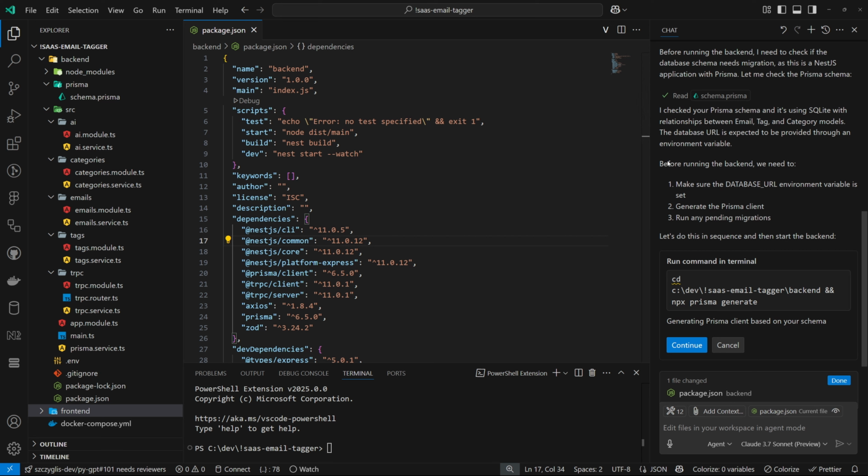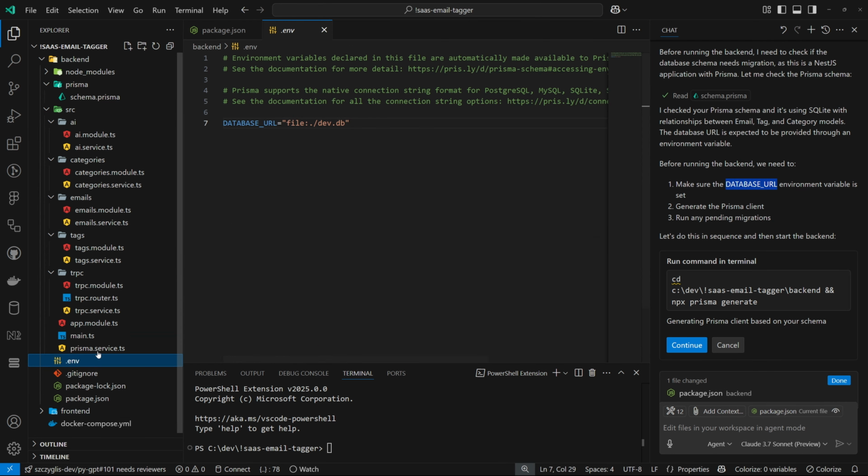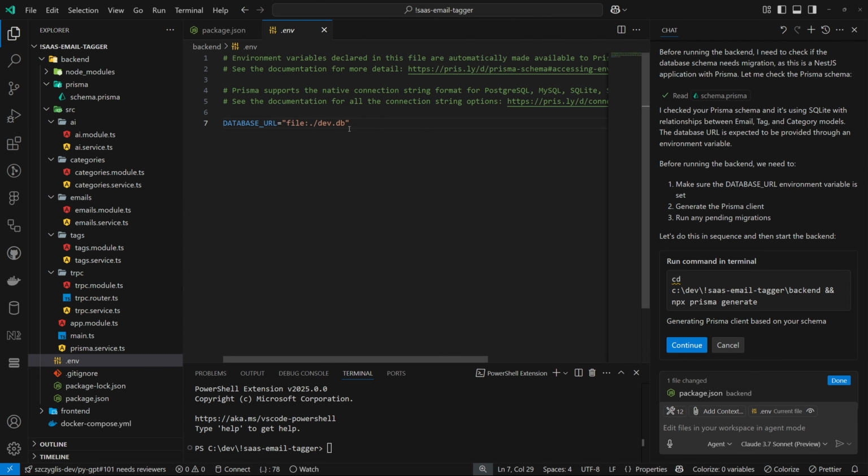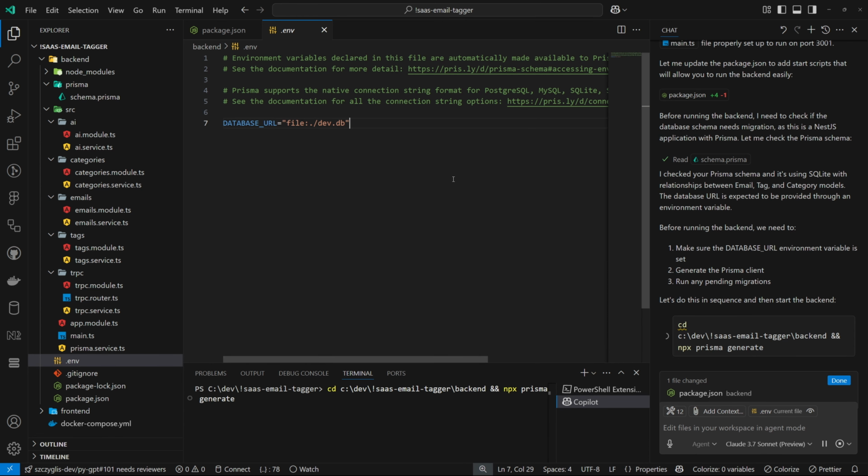Okay. We need to make sure that the database URL environment variable is set. So let's go to env. And we have database URL, which is dev.db in the root folder. That is fine. So let's try